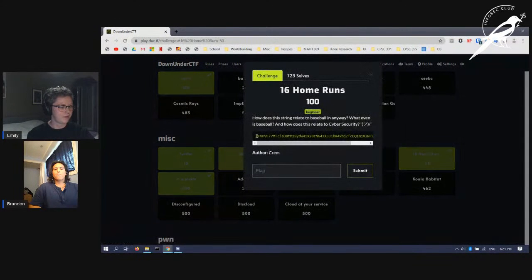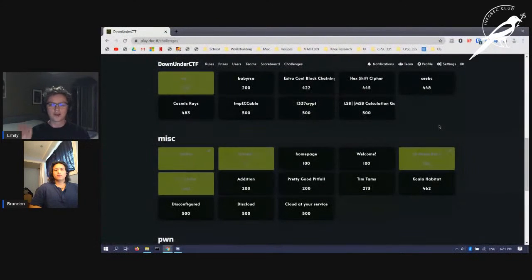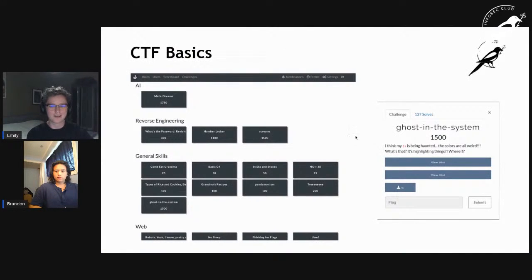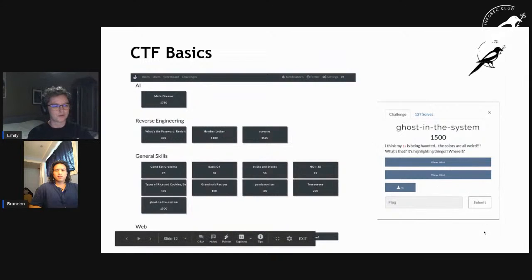If we take this piece of text and start playing around with it, you might realize it's in base 64, and if you look up a base 64 converter online, you can translate it out and get the flag, which is how we got these points. So that's a really, really simple one. They range from incredibly easy to incredibly complex, but the way to start getting into the complex ones is just to jump in with both feet and start with the easy ones and work from there. The only reason that anyone in this club knows how to do anything with CTFs is just by showing up and trying them.